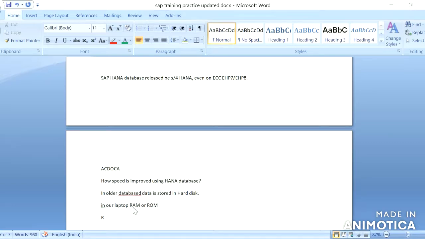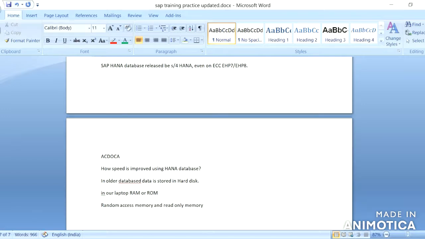RAM is random access memory, not read access memory. And ROM is read only memory.